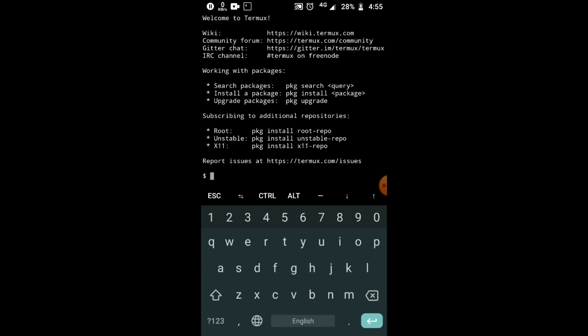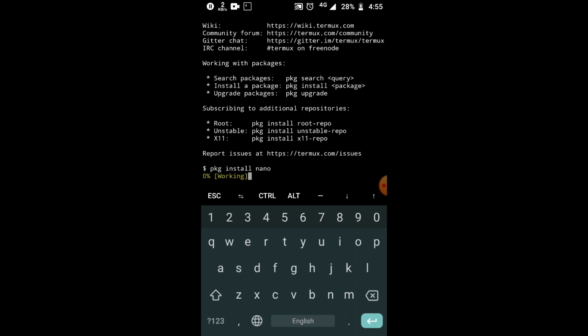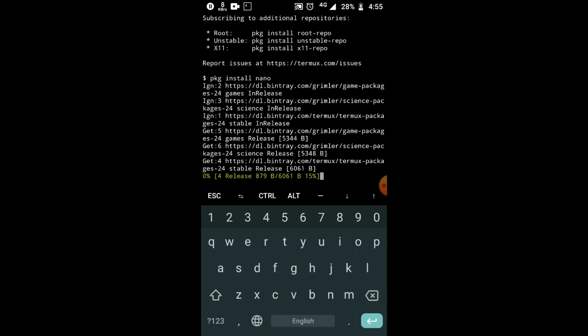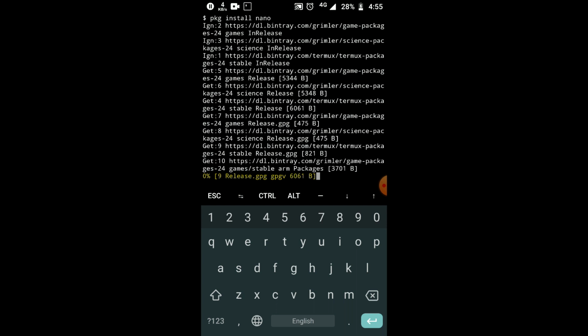Shell, we require an editor. So first we have to install the editor. Right here, install nano. Nano is the editor used to edit a dashboard. We can write here